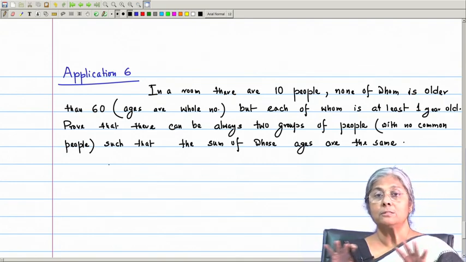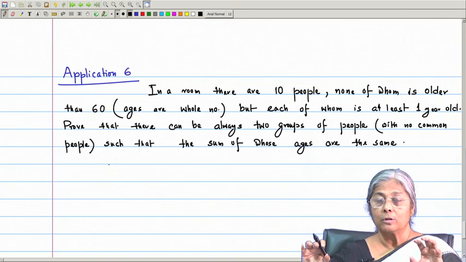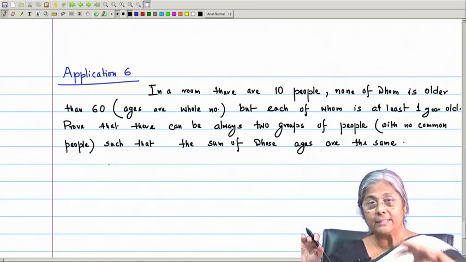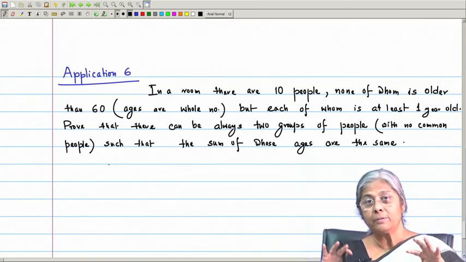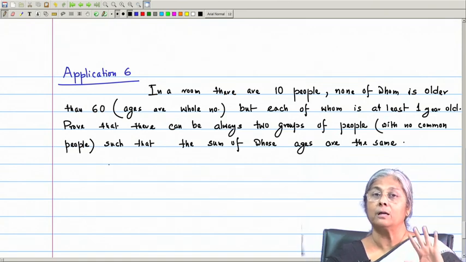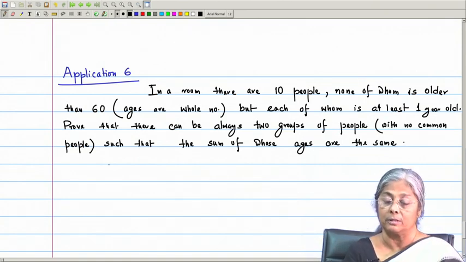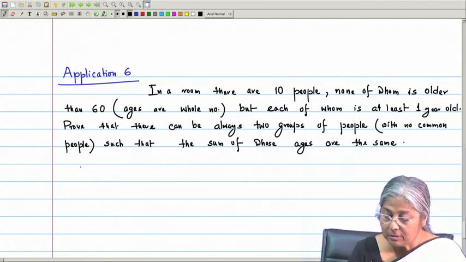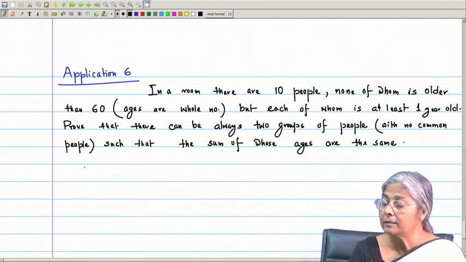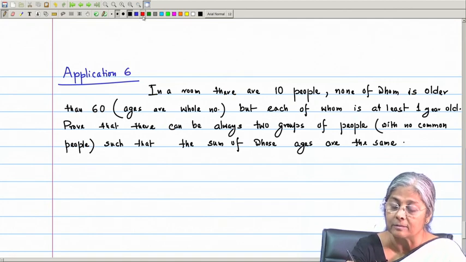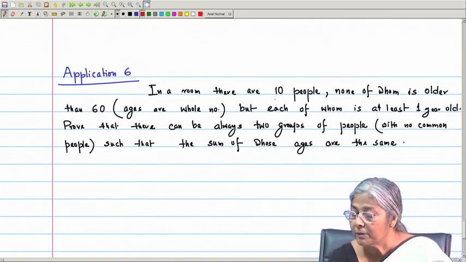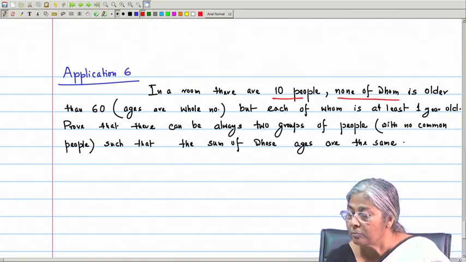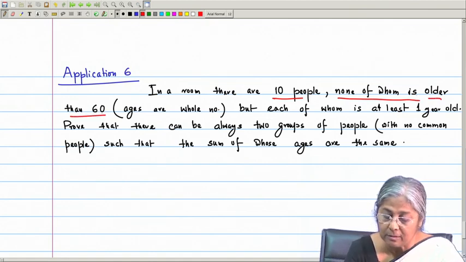So, we can always make 2 groups such that the sum of the ages of one group is the same as the sum of the ages of the other group. We have to prove this. Since 10 people are there and none of whom is older than 60,